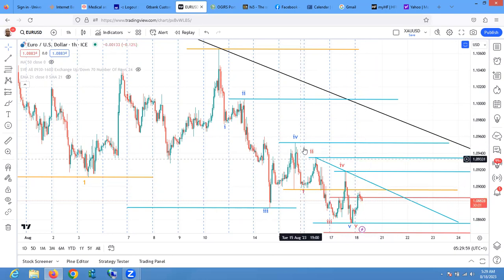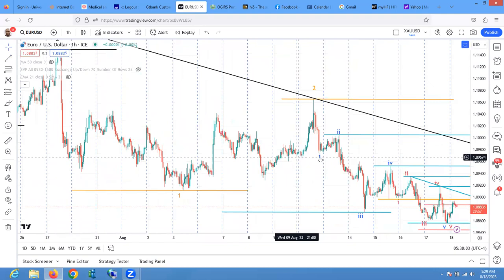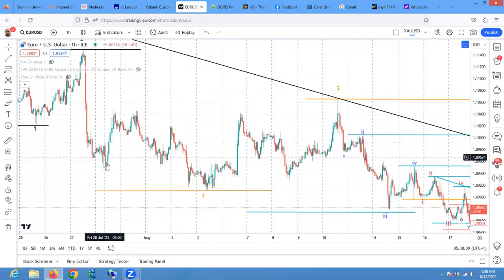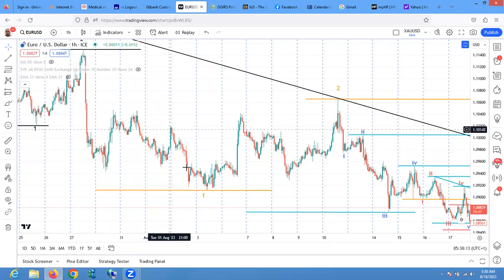So once we have a 4, we are going to count, just like we had a 4 here, and we counted 1, 2, 3, and a 4, ABC of a 4, and the last 5. So if you're going to break this one down, you're going to actually go into the maybe 5-minute time frame